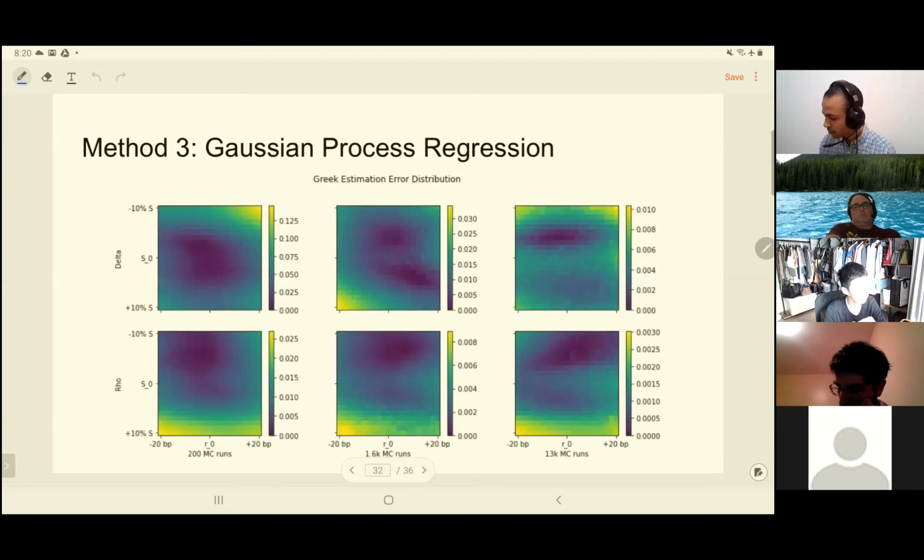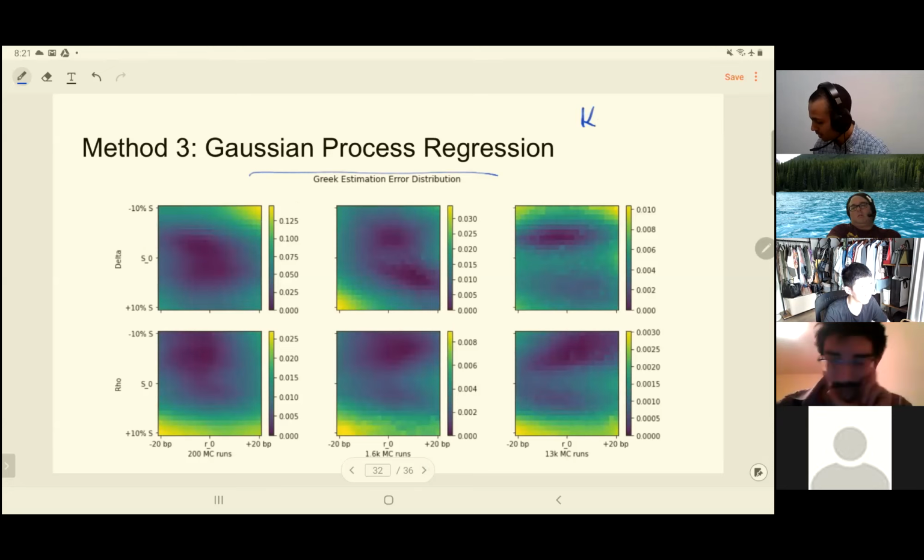And then finally, we'll talk about one that I liked a lot. I mean, it was kind of my favorite. It's Gaussian process regression. Technically, maybe it should actually be referred to as Kriging regression, or regression Kriging. And just to give you a rough idea,